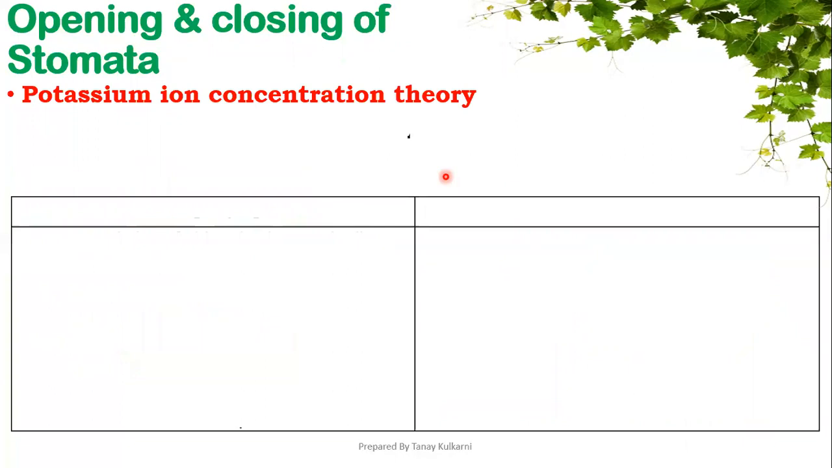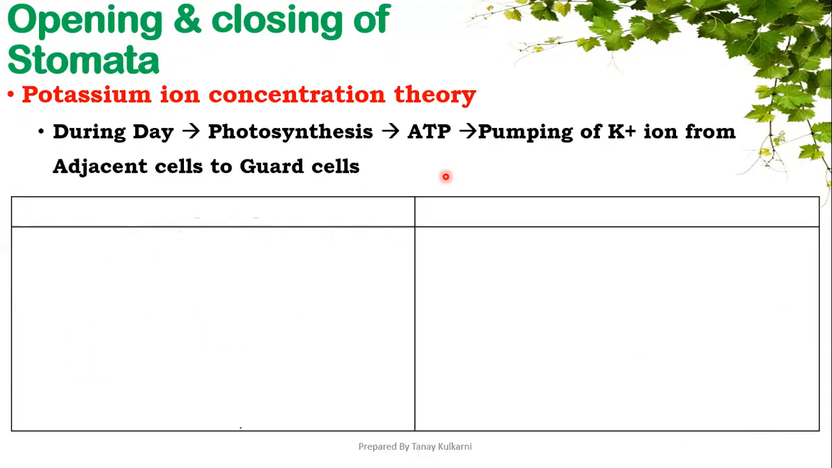The potassium ion concentration theory can be explained like this. During the day, when the photosynthesis process is going on, some amount of ATP is produced. Correct? Now this ATP will pump the potassium ions from the adjacent cells, and those adjacent cells, students, we call epidermal cells. So the potassium ions from epidermal cells will be pumped into the guard cells. It means ATP will absorb those potassium ions from the epidermal cells to the guard cells. Now,